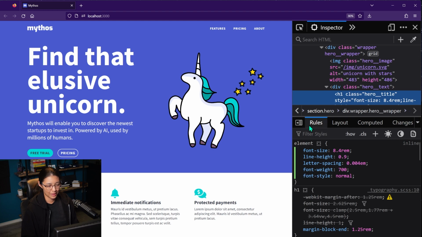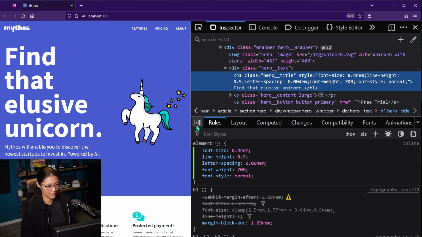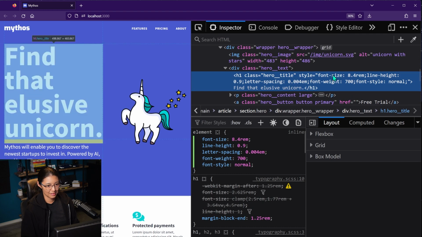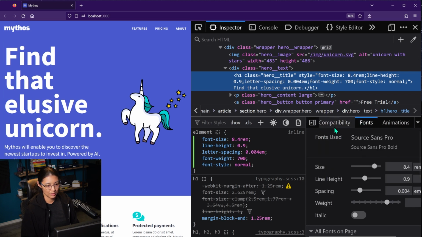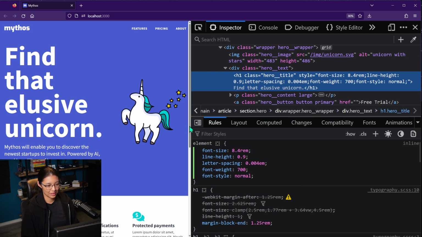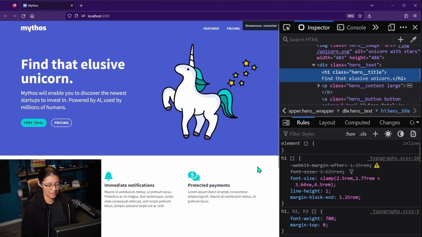And the other one that you might want to use, if you have enough real estate space for the DevTools, if you click on this, it'll toggle the 3-panel inspector, which means that the top panel is going to be your markup view. The left panel here is the rules tab, all the styles there. And then on the right panel is going to be the other tab, whichever one you want to use. So I don't use this too often just because I don't usually have enough space and I want to give more space to the actual website. But it can be helpful if you want to see two things at the same time.